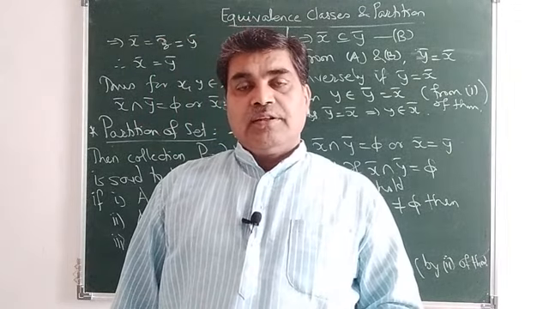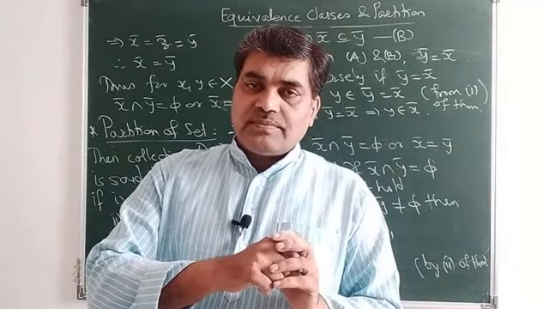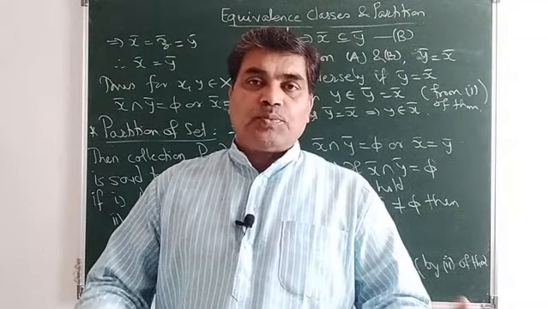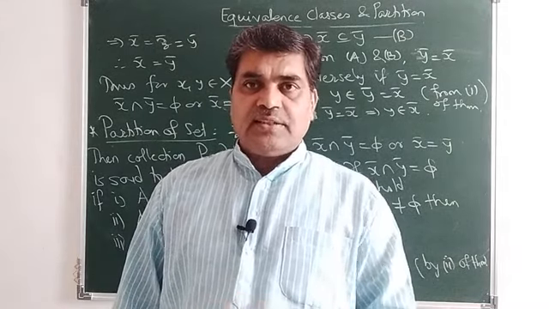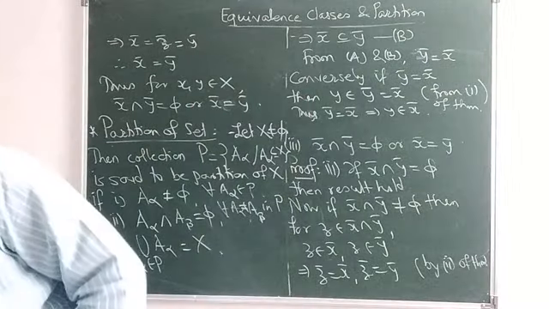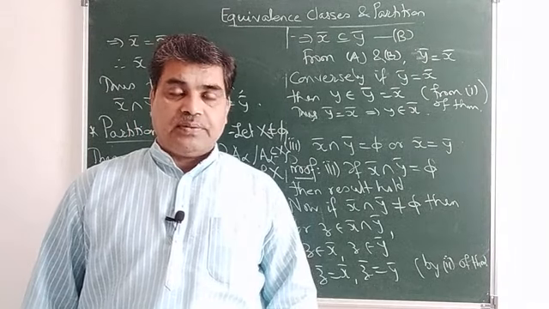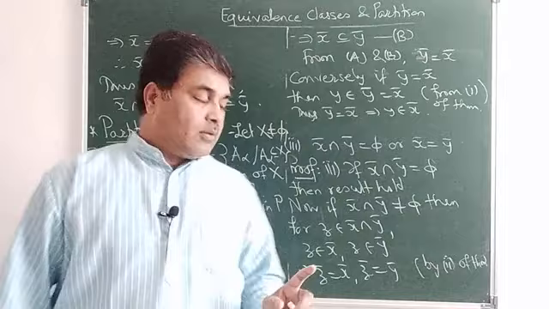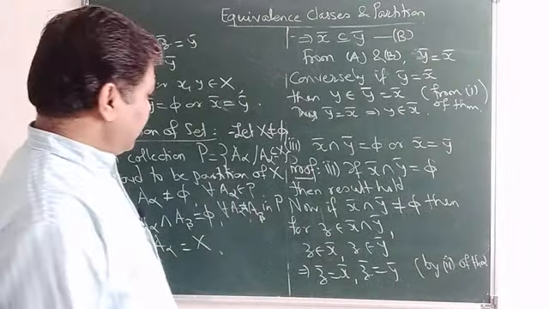Or if I take for this class, A1 as the set of all girls, A2 as the set of all boys, then it also forms a partition of that set. Both are non-empty sets. Is it clear? So this is a simple concept about the partition of a set. A partition never contains the empty set and never contains two sets whose intersection is non-empty. The union of all of them must be the whole set. Remember this in mind.